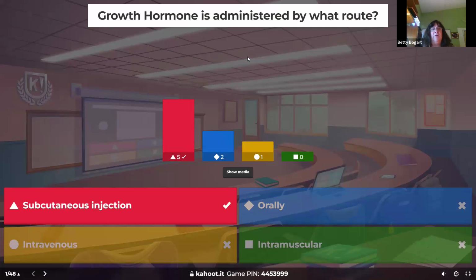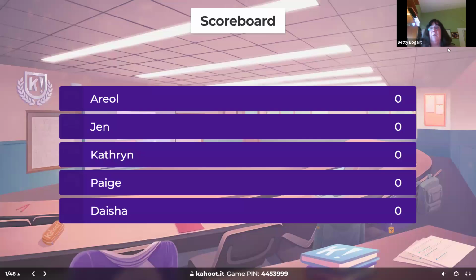Now, growth hormone is a subcutaneous injection, takes a lot of commitment by the parent and the child, and they give it to those children who are small. Now that their family is short, you're not going to get taller than that, but that child who is short and you want some more height out of them, they continue it until they stop growing less than 1 inch a year. So it could be into like age 14 to keep it going.